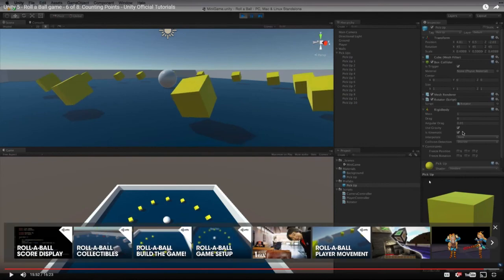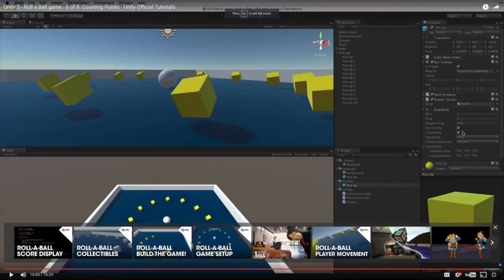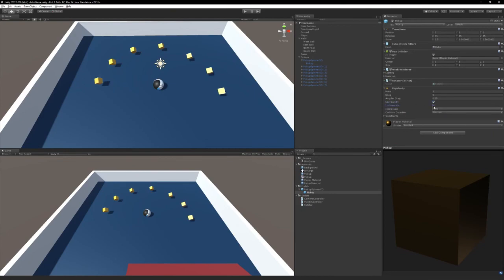I have a question, actually. Why, when it fell through the floor, why didn't... Okay, so these right here. When it wasn't kinematic, it falls to the